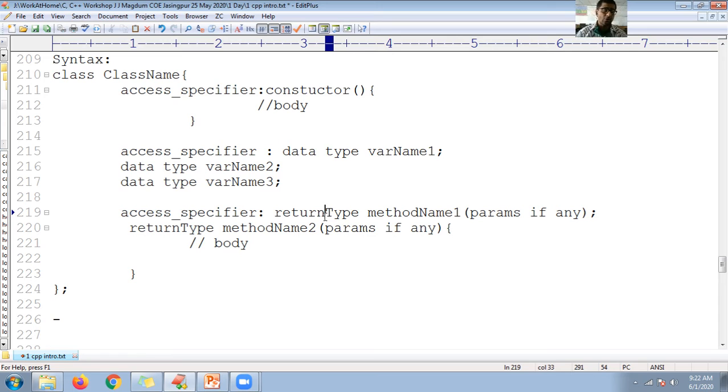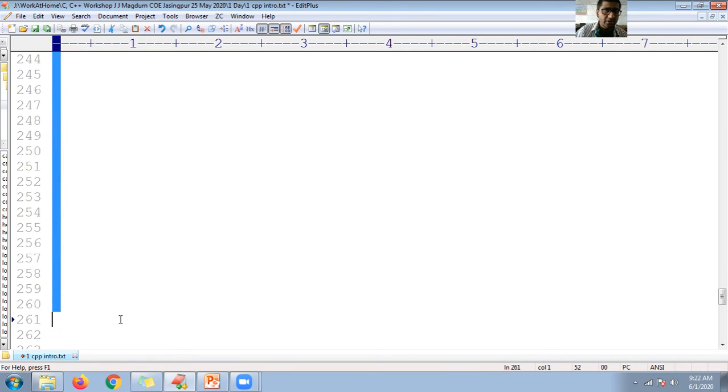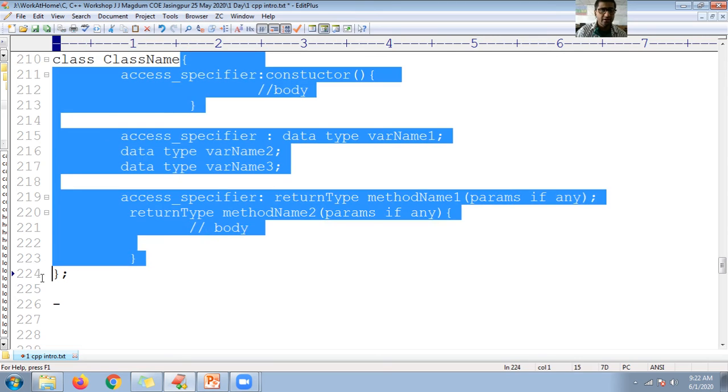Declared constructors you can define outside of the class also. Here I am using the term define the constructor or define the method outside of the class. It means writing the body of that constructor or method outside of the class, but not within the opening and closing curly brace of the class.